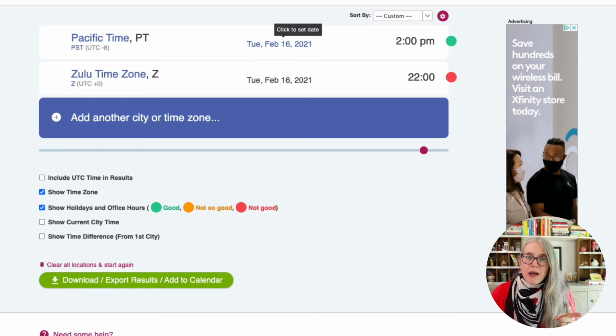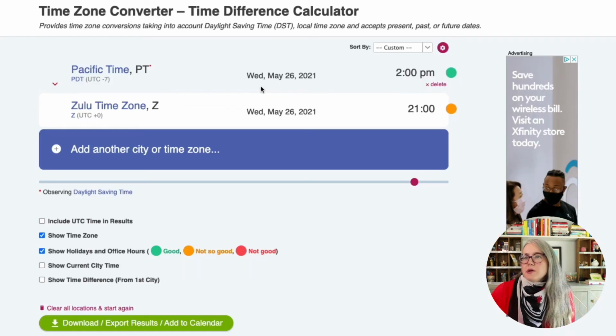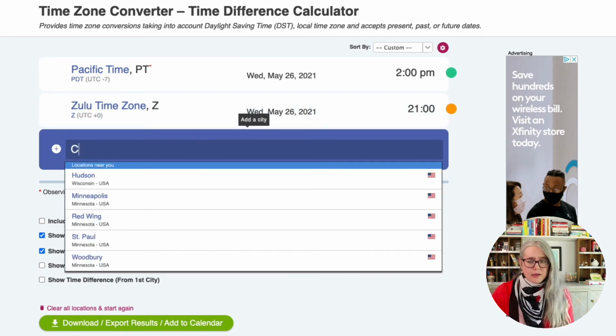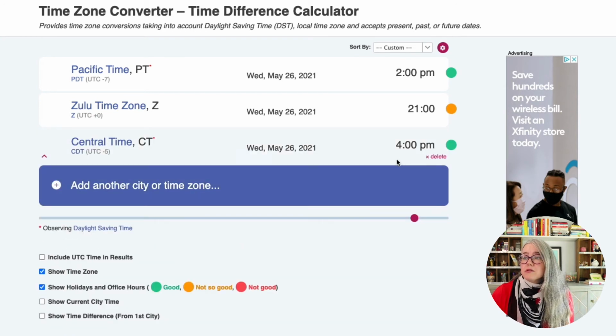Let's go back and grab that date and see what we were working with. So this was May 26th at 21:10. So here we are, Pacific time, May 26th, 2 p.m. converts to 2100 hours Zulu time. And I live in the Central Time Zone. Let's see what time that would have been here. 4 p.m. my time,